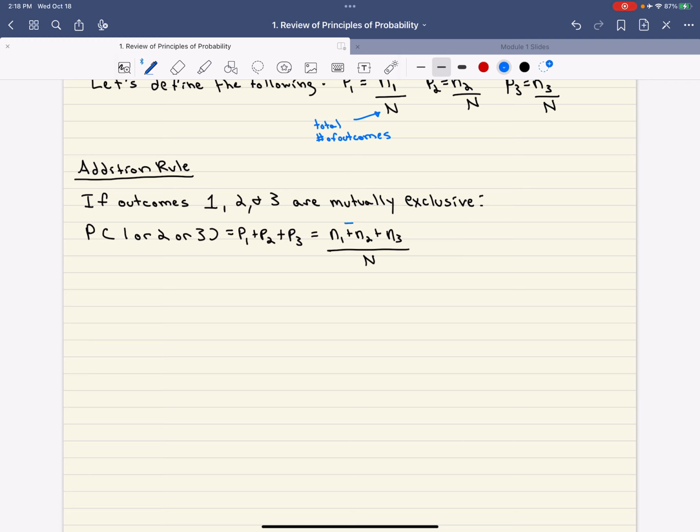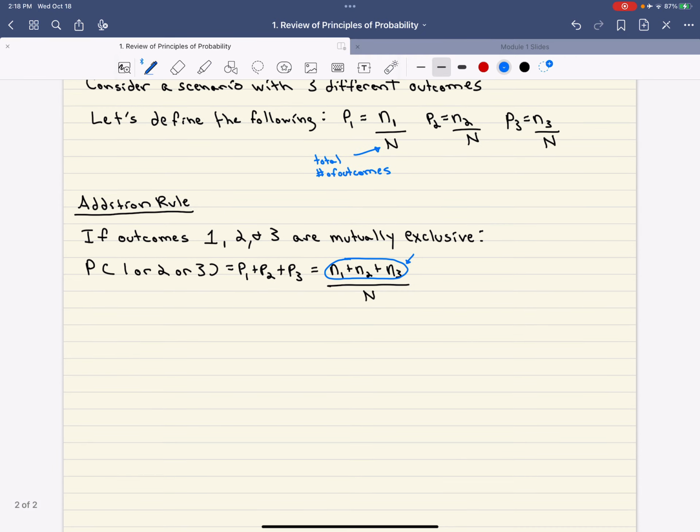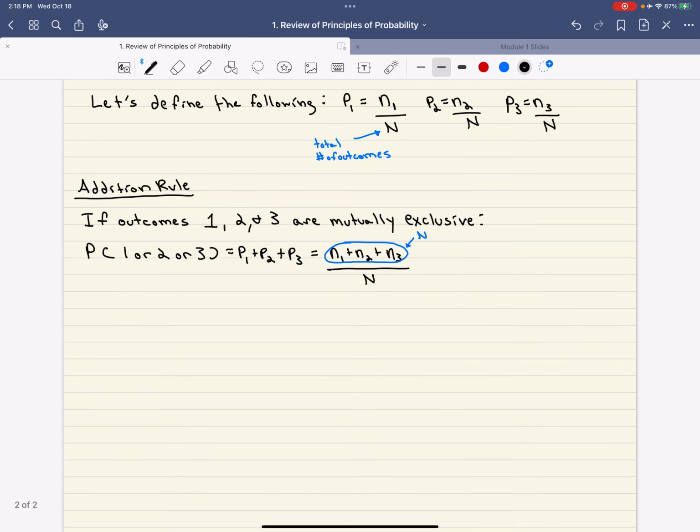Right? And because outcomes 1, 2, and 3 are the only outcomes in this scenario, this sum would also be equal to n. Right? And so if we say that we're looking at the probability that either 1, 2, or 3 occurs, and those are the only possible outcomes in this scenario, then the overall probability here would just be